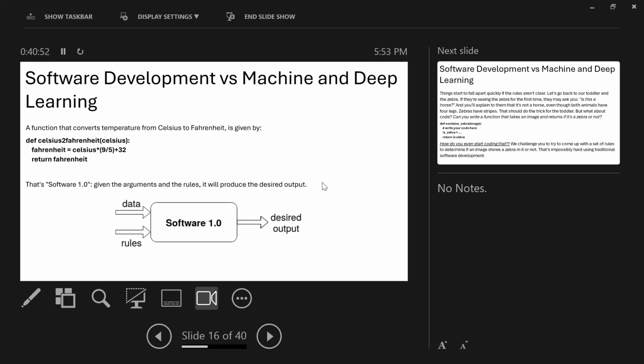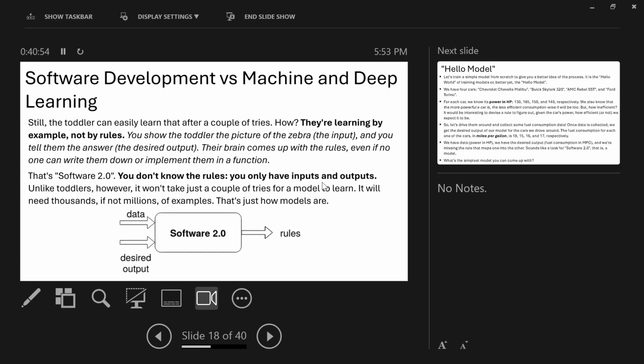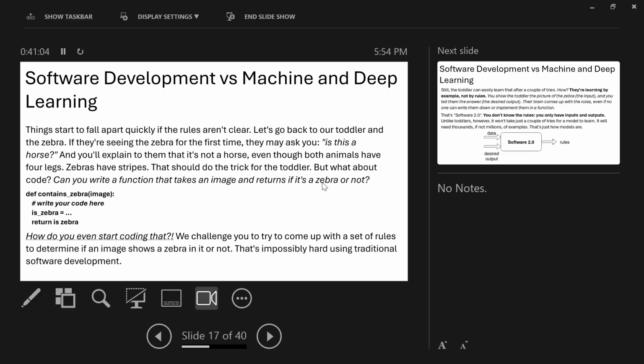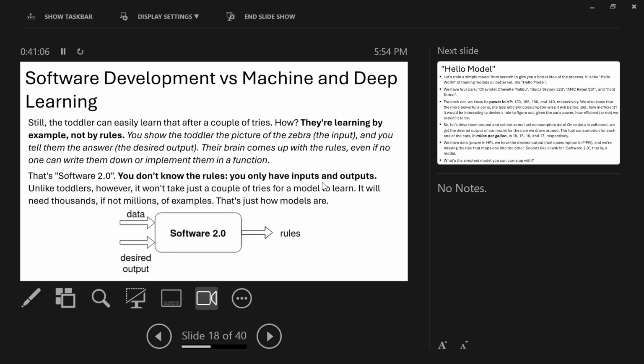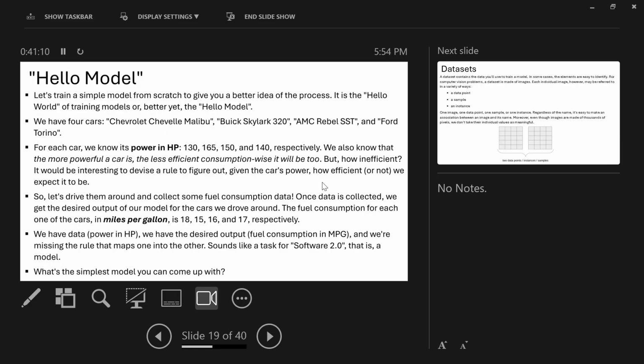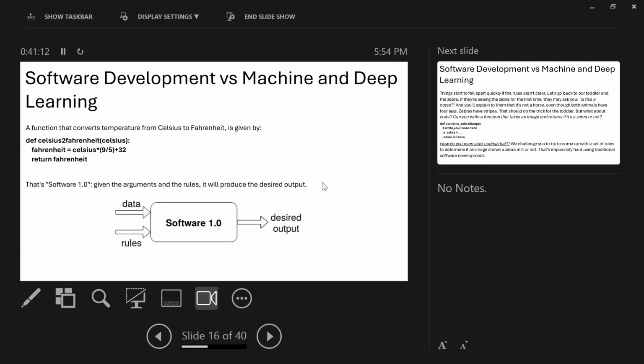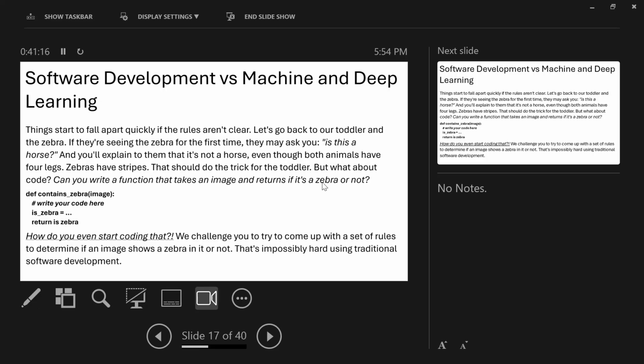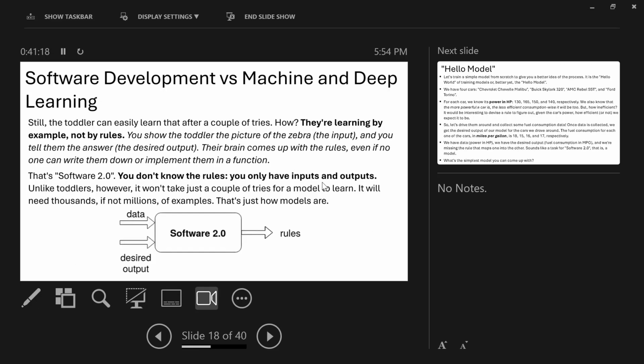You give it the data and you tell it the answer, then it's going to generate the rules for you. Those are the differences. Traditional programming is software 1.0. Machine learning, we call it software 2.0.